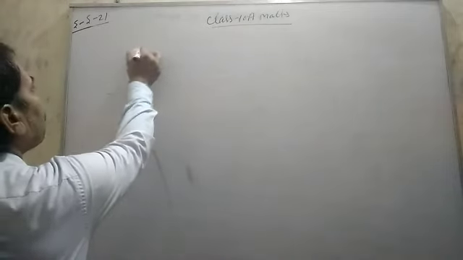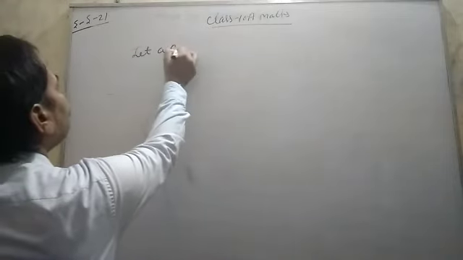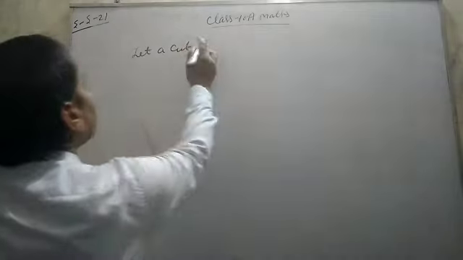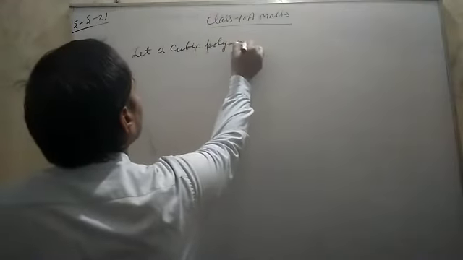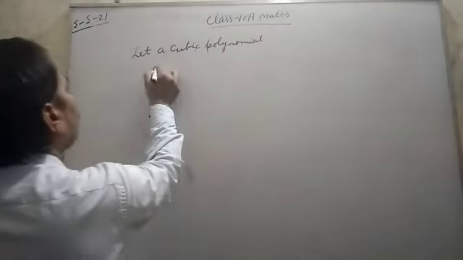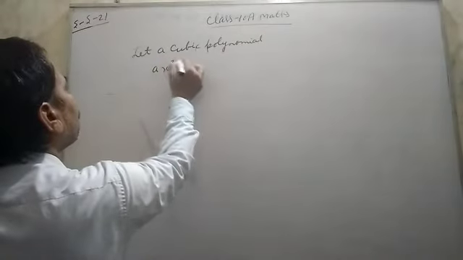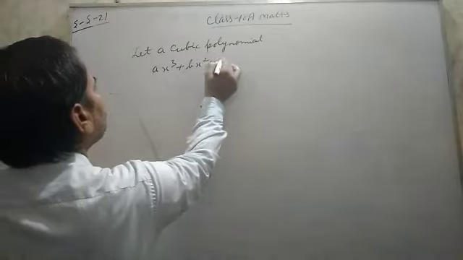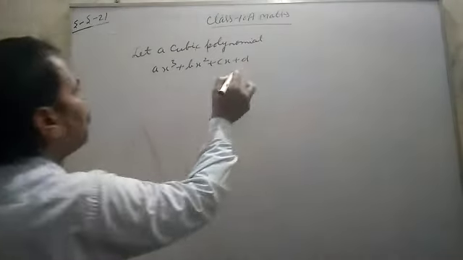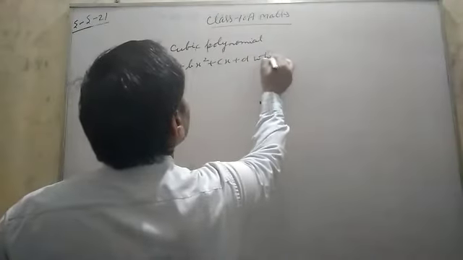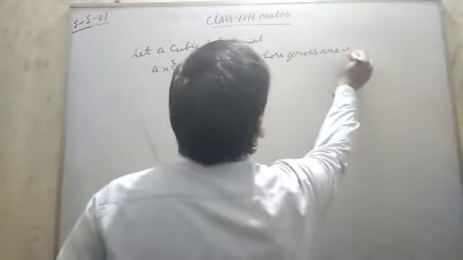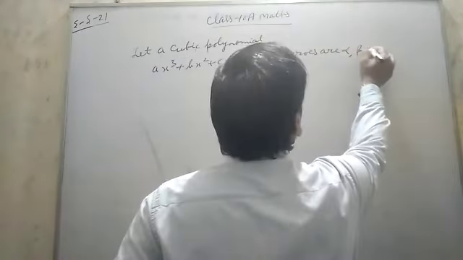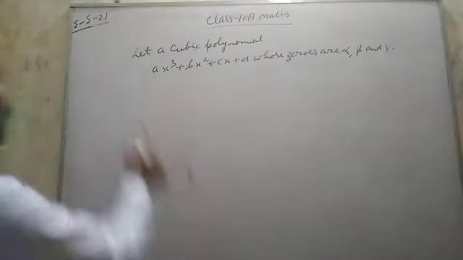So let a cubic polynomial ax cube plus bx square plus cx plus d, whose zeros are alpha, beta and gamma. Okay, then